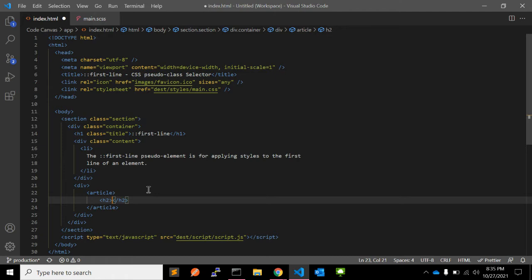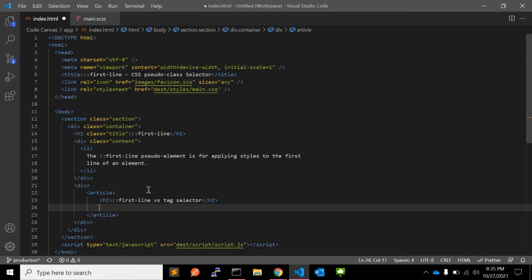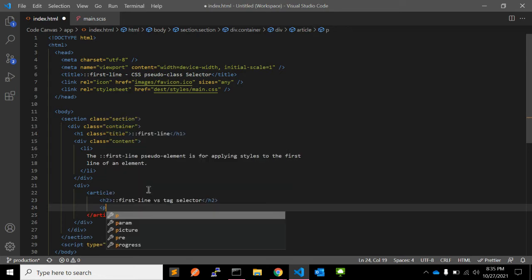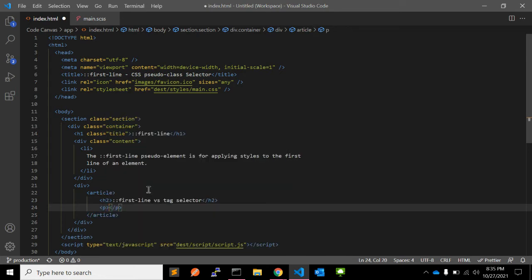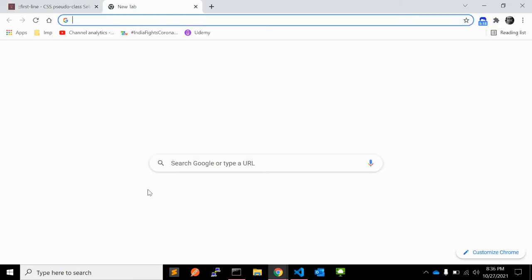The first example we will see is first line versus element selector. There is one p tag underneath, and in the p tag I am adding some text.